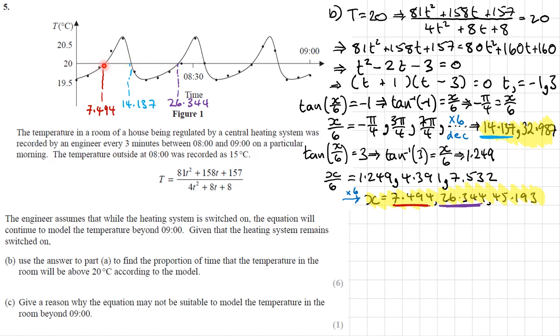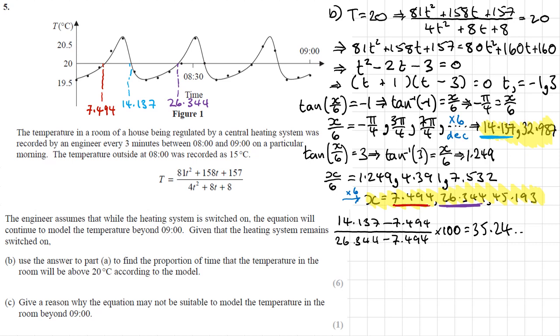So as I said at the start, it's going to be out of this whole cycle, and this part of time between these two, the 7 and the 14, is like the proportion of time that it's above 20 degrees. So I want to do 14.137 minus 7.494 over, or out of, 26.344 minus 7.494. That's going to be a decimal, times that by 100. Let's see what we get. And that is